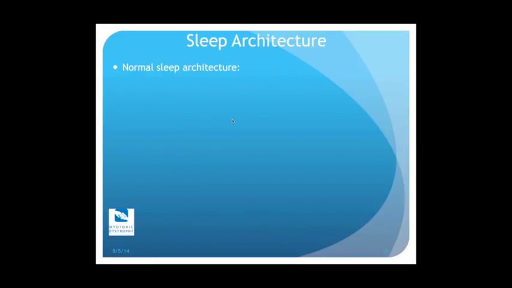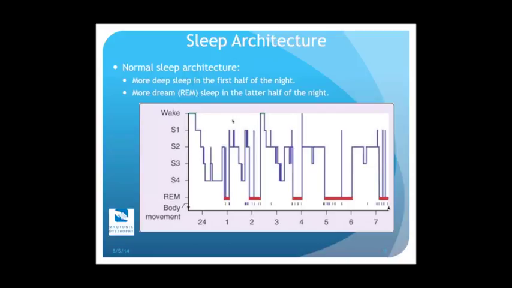So we just touched upon it, but just to show you a nice picture of normal sleep architecture. In general, when we go to sleep or when we first take a nap, we go into a light stage of sleep, and during the whole night of sleep, we get a lot of deep sleep in the first half of the night. This is when, growing up, a lot of us maybe have experienced some sleepwalking or sleep terrors, or doing odd things, confusional arousals in the first half of the night. Those typically arise out of this deep sleep, slow wave sleep. And then as the night progresses, we get more and more dream sleep.